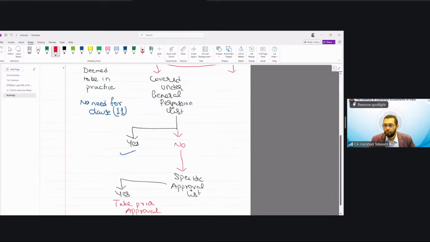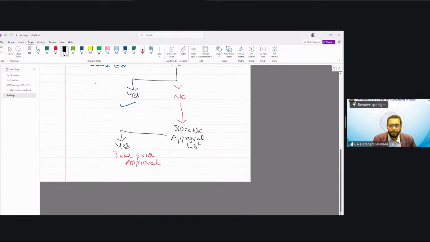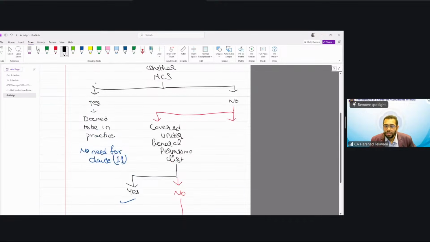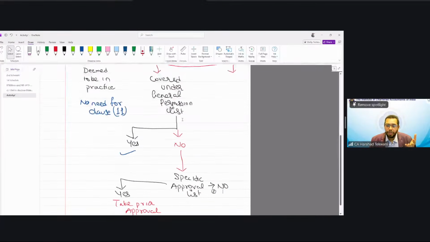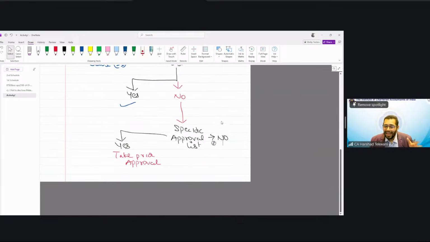If no, now here is the part: if it is not covered anywhere, not under any of the lists or any specific area, in that particular case, what you need to do is